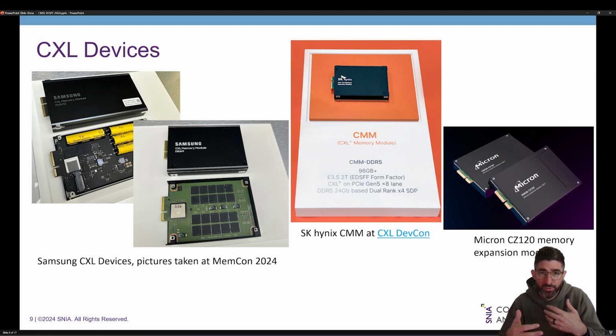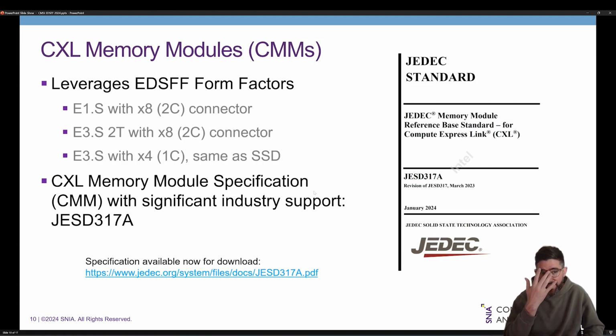But for the CXL memory modules, for the CXL 2.0 stuff that we have today, it's really about increasing the amount of memory per system and looking at workloads that need more memory, and not just memory capacity, but also memory bandwidth, because CXL can expand it. Now, what better form factor to do it in than the EDSFF E3.S 2T? So for these CXL memory modules, there's now a JEDEC standard called JESD317A is the latest version,